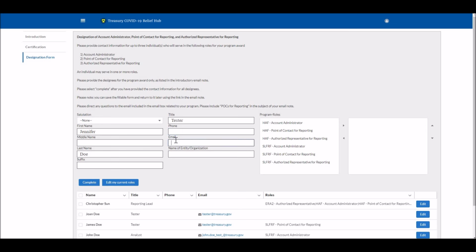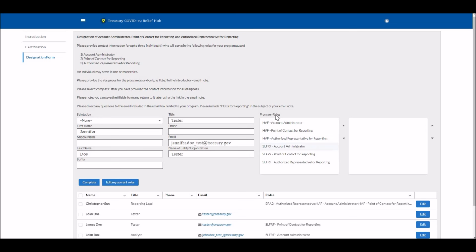You will be required to enter in an email address, though. So let's try to do a test email for this person. And then we will do name in the organization. So I filled out this person's identifying information along with an email address.